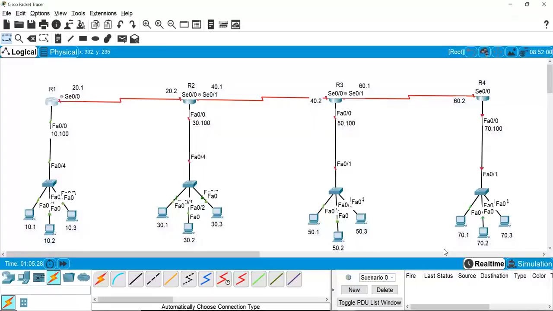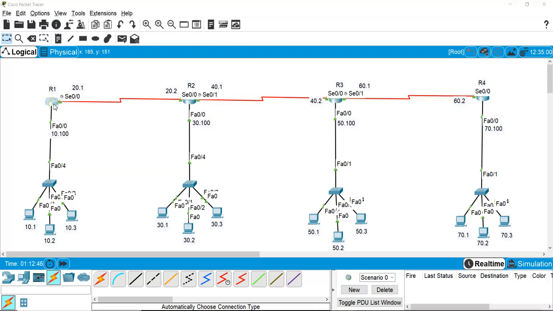Now, same as we configured this, we will configure the IP addresses for the other ports of the other routers. So let's configure that first. Now we have configured all the interfaces of the routers with IP addresses. So IP addresses are configured, and all these routers are connected together. We can also verify whether this router is connected to the other router or not.